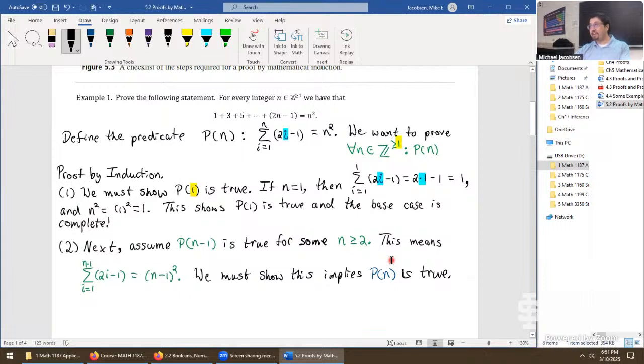The statement of P of n begins as a summation as i goes from 1 to n of the structure 2i minus 1. So we can write in this part. And our goal is to show that it equals n squared eventually. So this is the goal or the target. This is essentially where we're looking at every algebraic step we take from this point forward. So the truth of Pn says,